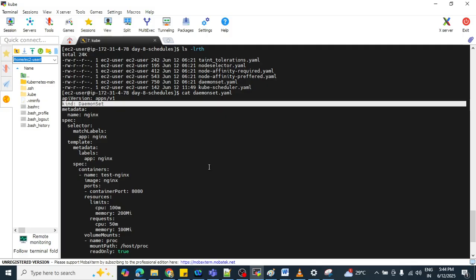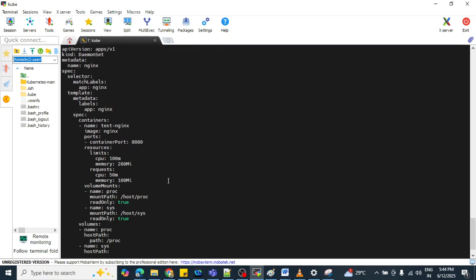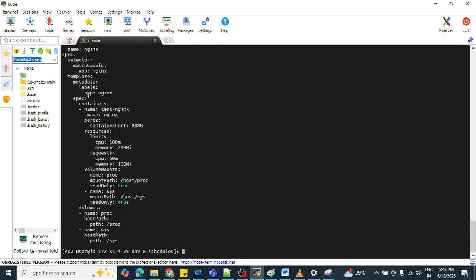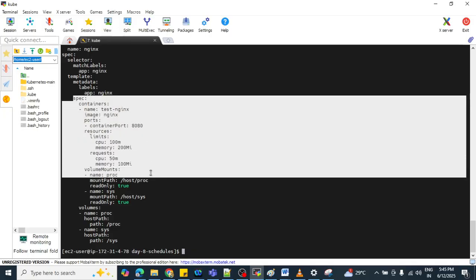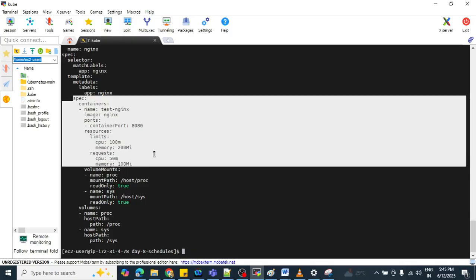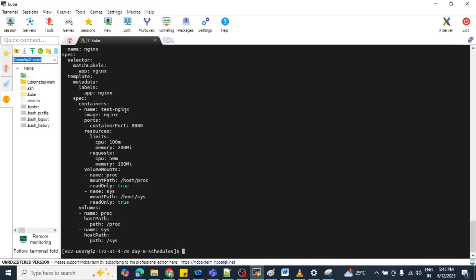Now if you look at the spec selector and spec template metadata labels, this one. Here we are referring to the name of our DaemonSet, called test-nginx, and that is your container name.